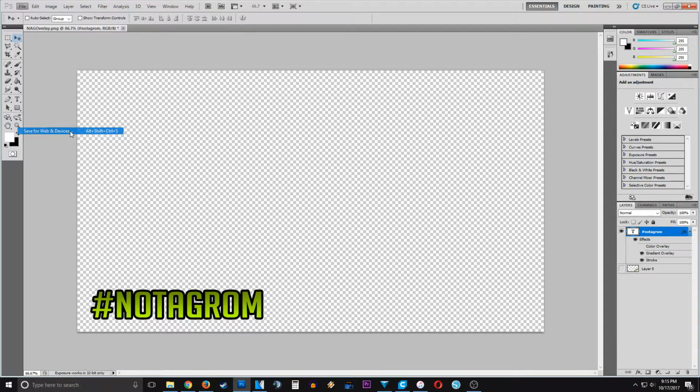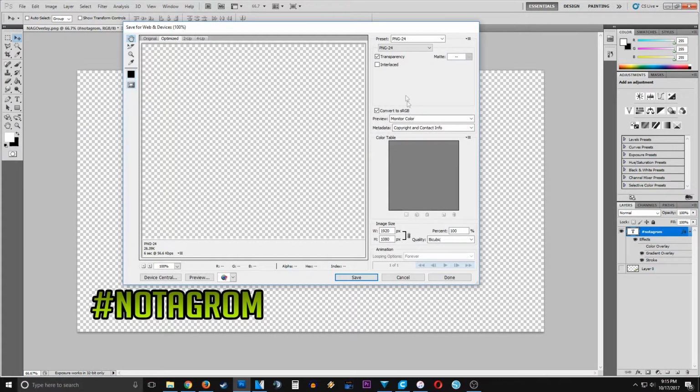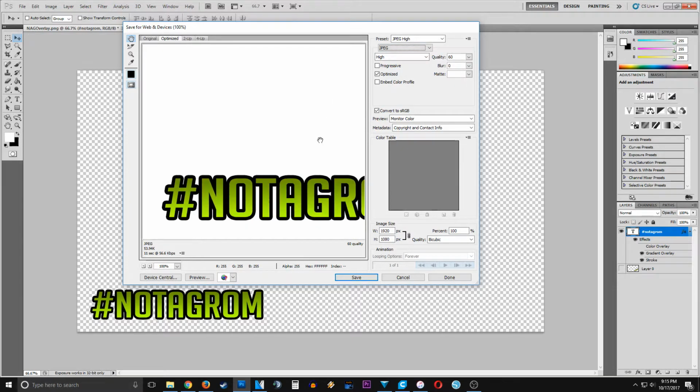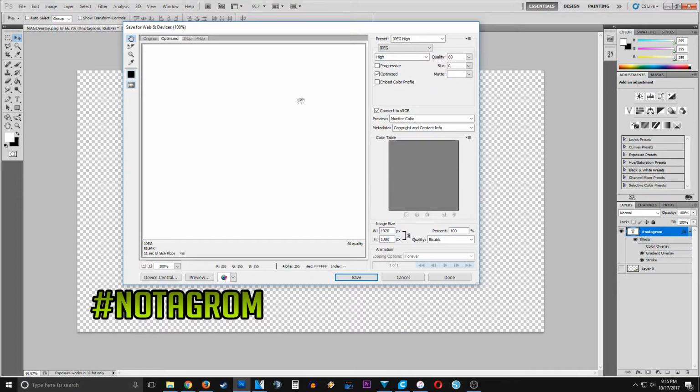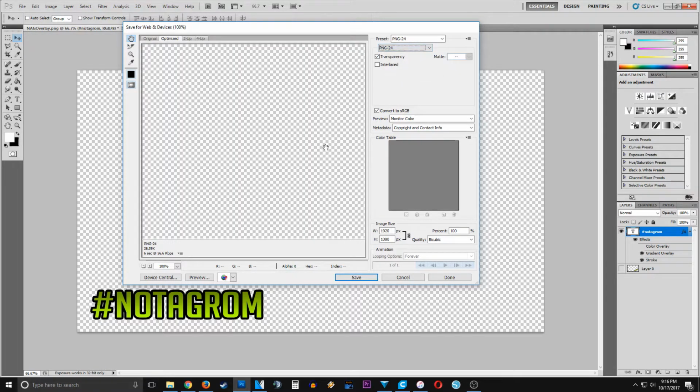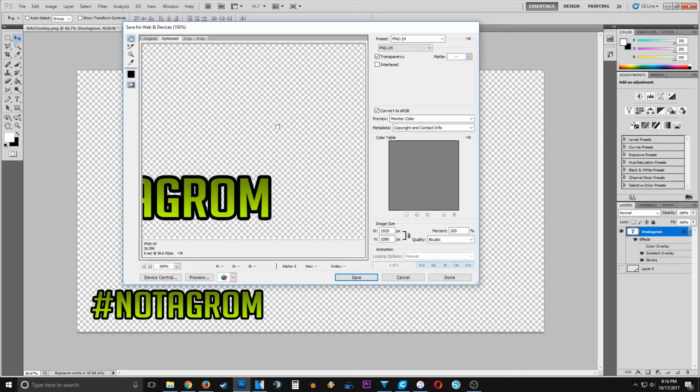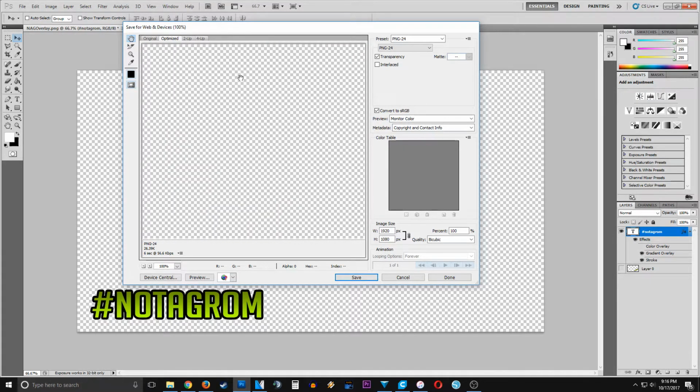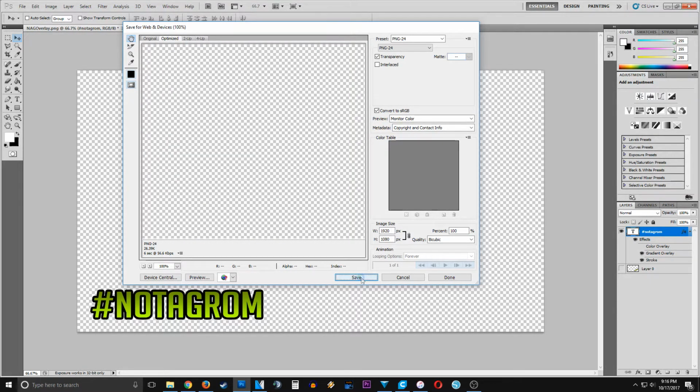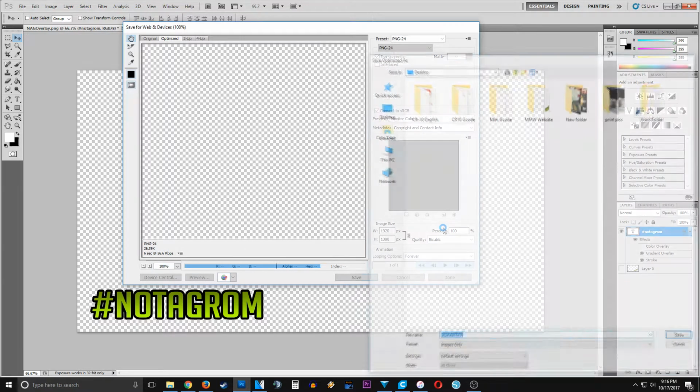When I go to save this, save for web, it gives me the option of PNG 24, GIF, JPEG, and then some other PNG types. I only use PNG 24, but you'll notice if I click on JPEG, the background is white. Why is that? It's because JPEG is a single layer image. It has no transparency capabilities, whereas with PNG 24, the background is transparent. Now, to the untrained eye, that doesn't look transparent, but watch this. So I'm going to save this to the desktop,